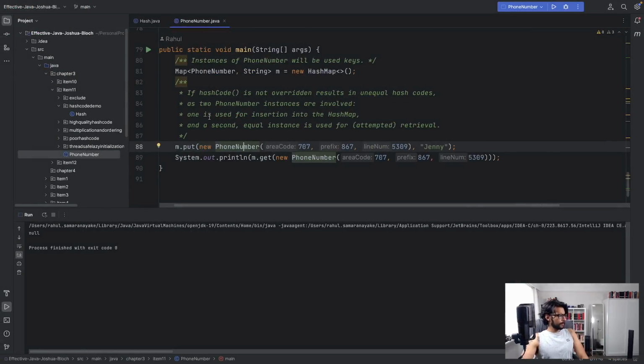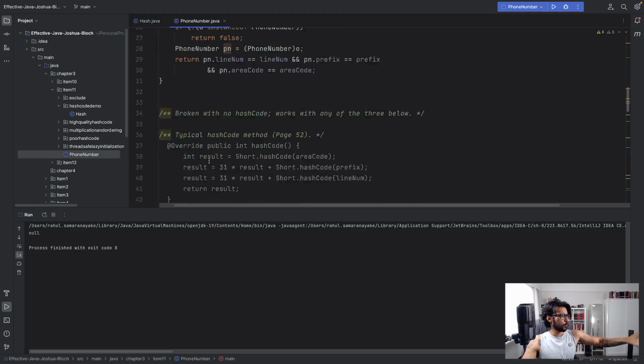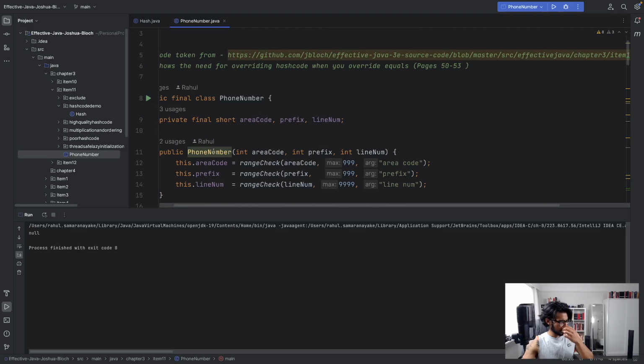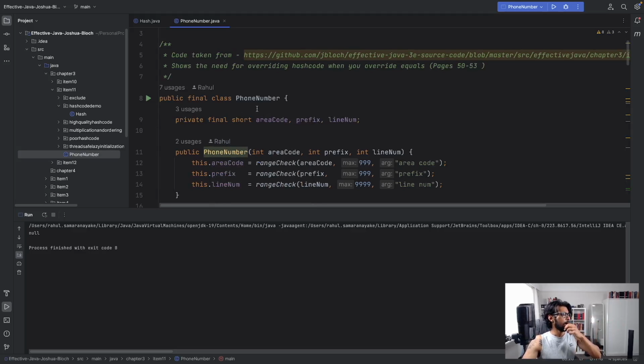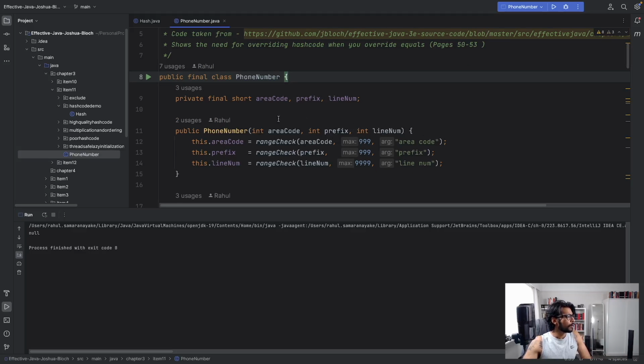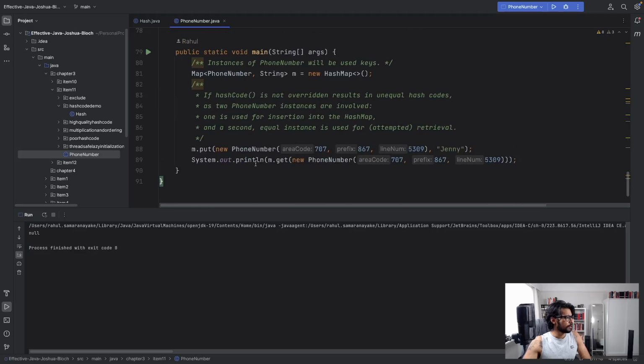So the idea of logical equality giving the same hash code on hashCode method invocation can be simply demoed with this PhoneNumber class that Joshua Bloch in fact has used, and this class was also used in Item 10, I believe. We have a class called PhoneNumber that represents a phone number with an area code, a prefix, and a line number. If we go to the main method in this class, I've got a HashMap here. This HashMap has key values of PhoneNumber and then a string. If I put a new PhoneNumber object with the name Jenny into this HashMap, what I'd expect